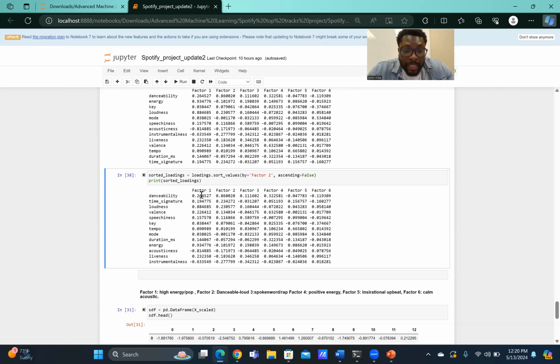With that being said, it's saying danceability is the most important feature, followed by the valence, the loudness of the song, followed by the positivity of the song, followed by the speechiness, so it has heavy voice in it, followed by the key of the song in sense of importance. And then the tempo, the beats of the song. This will represent, in my opinion, a danceable, positive, motivational track,